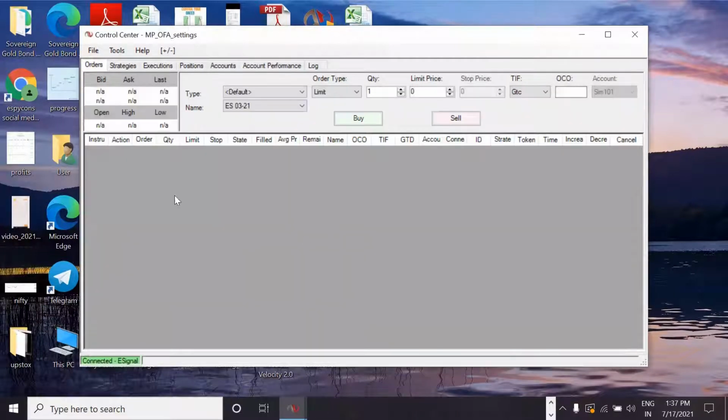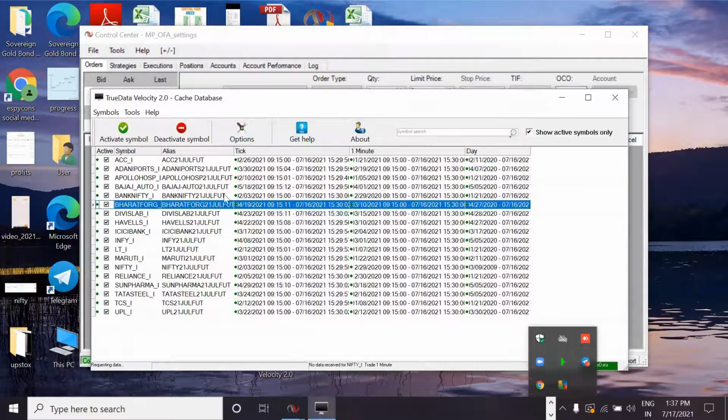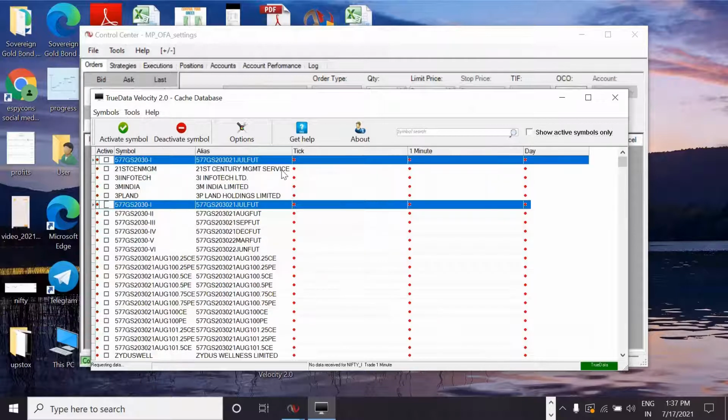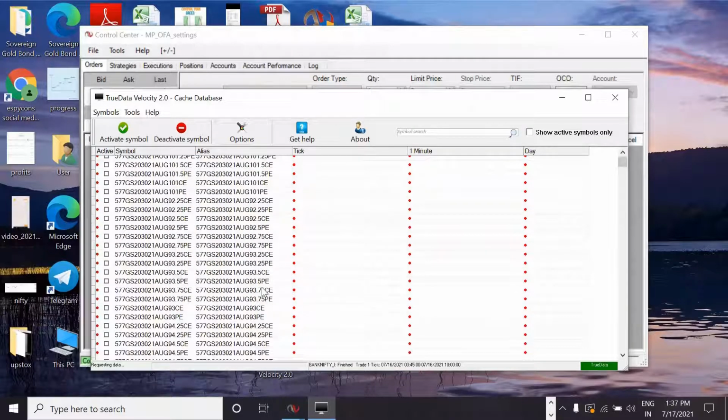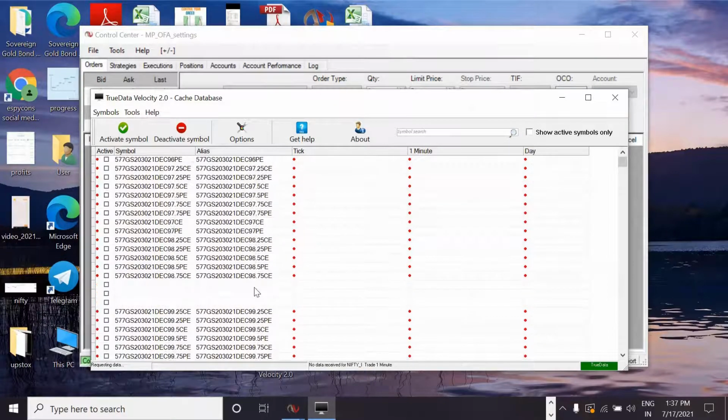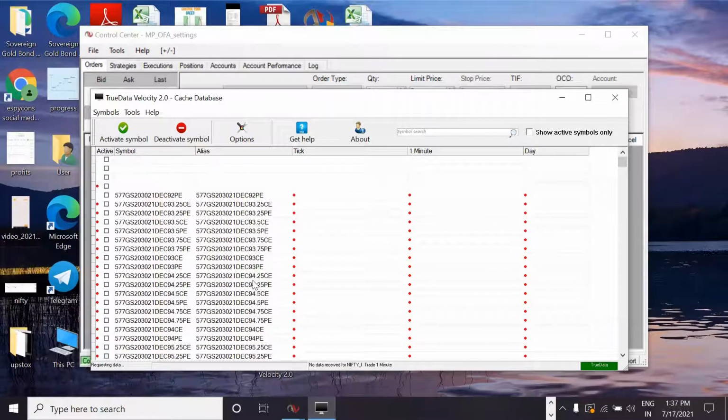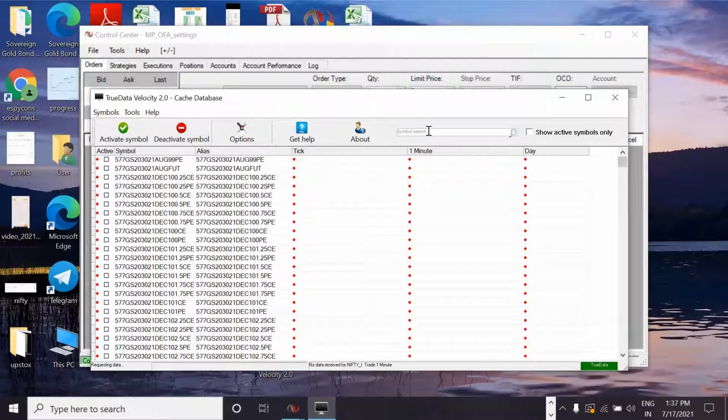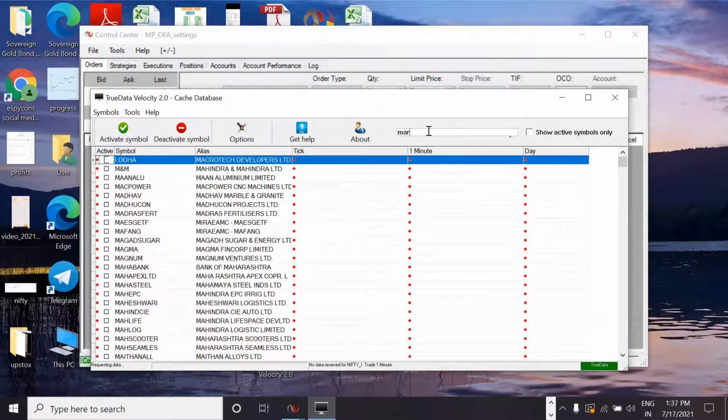Now, how do you add symbols? Before we add the symbols into NinjaTrader and see the chart, if you uncheck here the option to show active symbols only, we are able to see only the active symbols. If you uncheck this, you can see so many symbols present in the stocks. So that's everything you can see. Now, whatever symbols you want to check, you can search here, for example